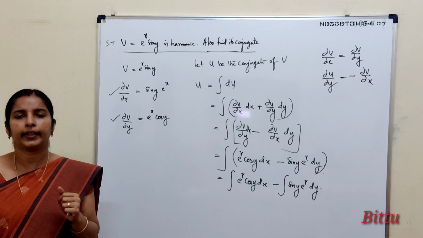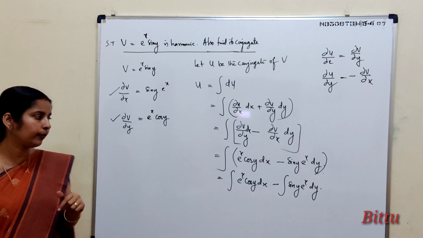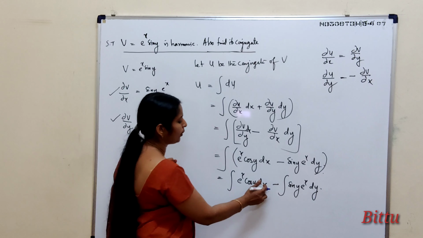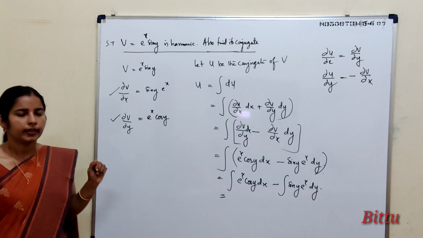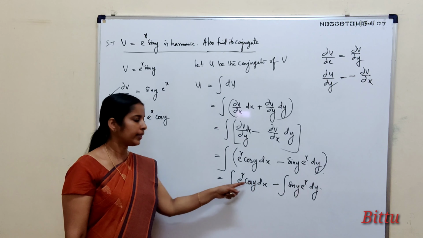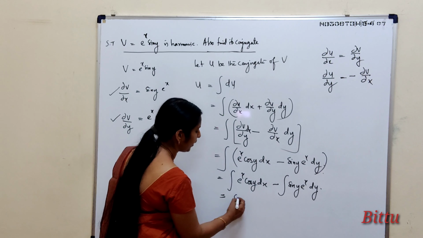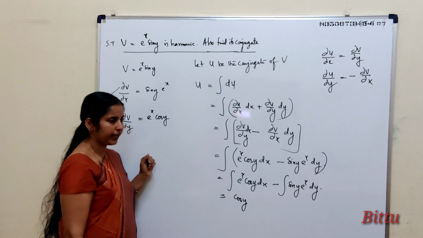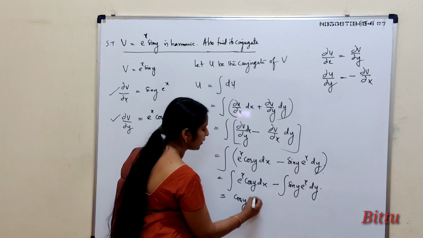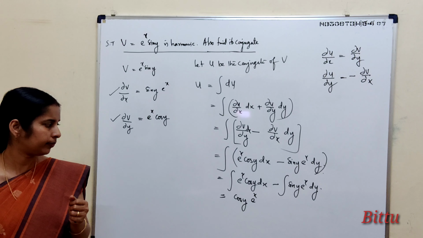See, here the method of integration is: while integrating with respect to x, you have to keep y as a constant. So what is its integral? While integrating with respect to x, you keep y as a constant. So cos y is a constant. You can take it outside. Next, you integrate e raised to x. What is its integral? Its integral is e raised to x. So the integral of the first term is over.